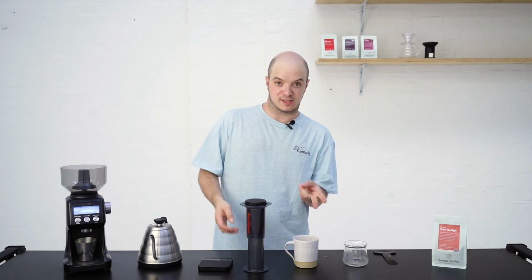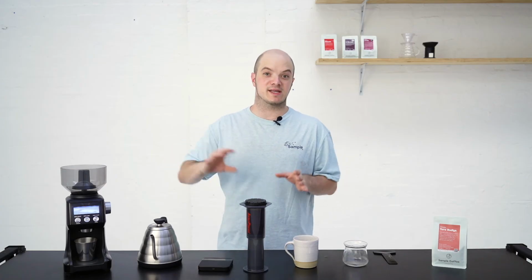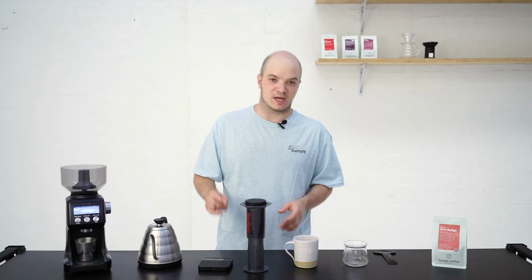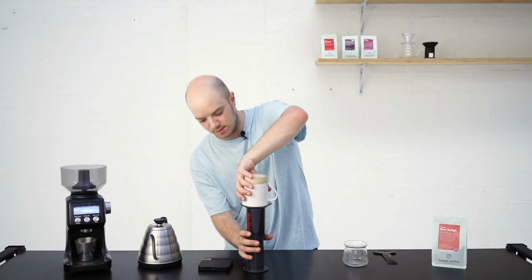your AeroPress, such as using 2 paper filters, a blend if you prefer something a bit stronger. All those things remain exactly the same. The big difference with the inverted method is having to flip it. I will say, before we get to that stage, just be very careful, be very safe. There's just a little bit of pressure that builds up in the chamber when you do flip it, so be mindful of that. Now, as we're approaching the 2-minute mark, we're going to put our cup on upside down, and